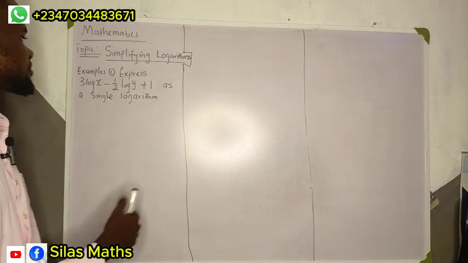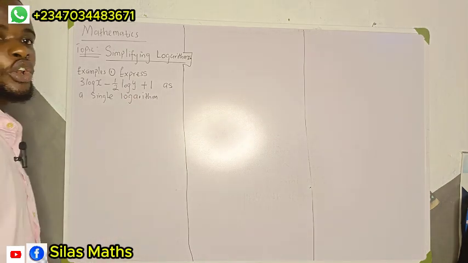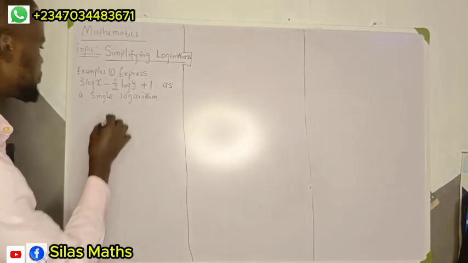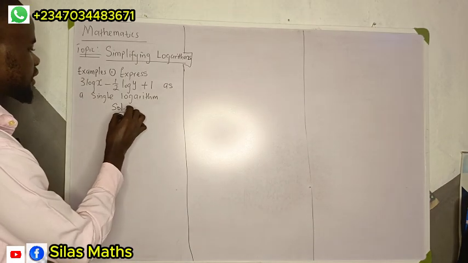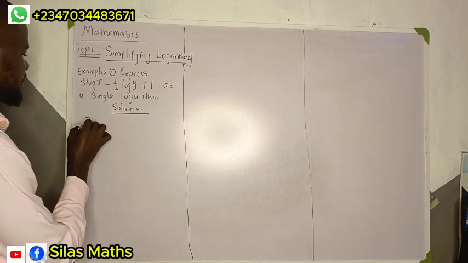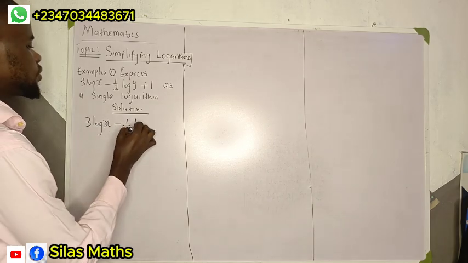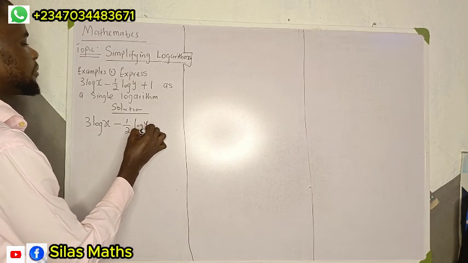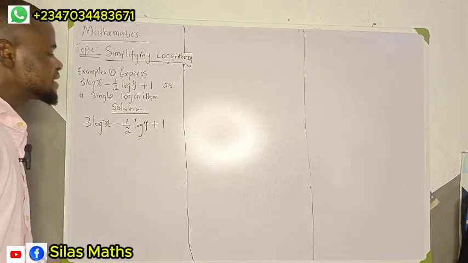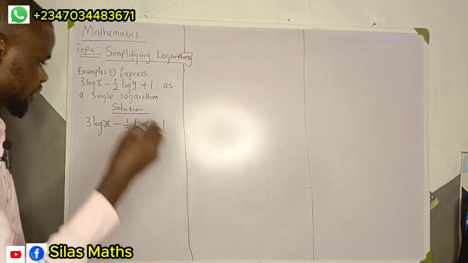Alright, so let's take a look at this problem. The question reads that we should express this as a single logarithm. So how do I solve the problem? Let's delve into the solution. I have my problem, which is 3 log x minus 1 over 2 log y plus 1. That's very simple. So expressing this as a single logarithm, we'll recall